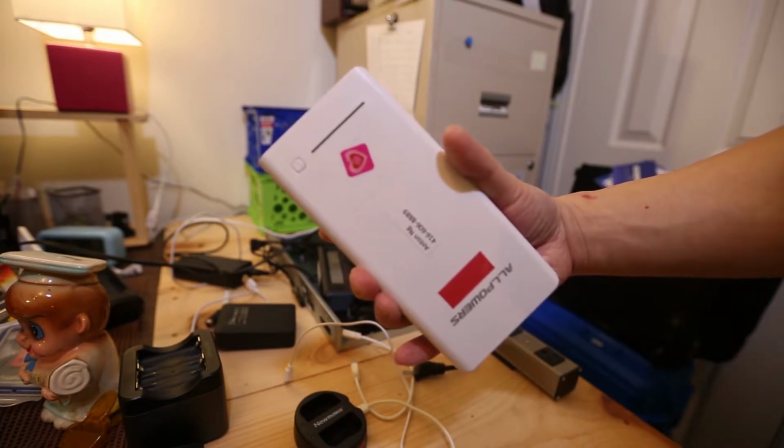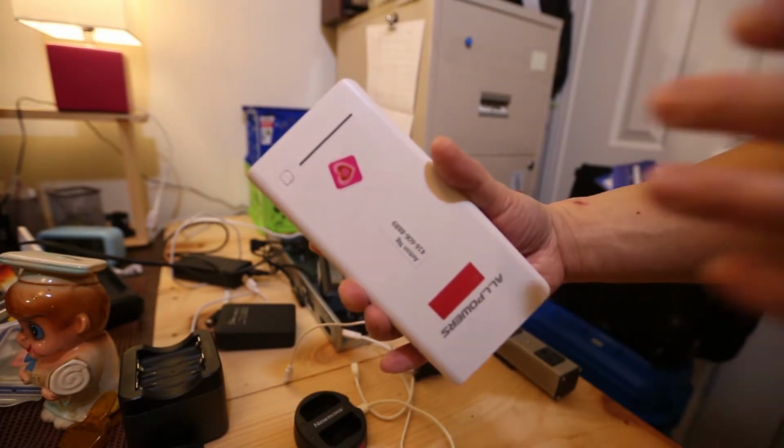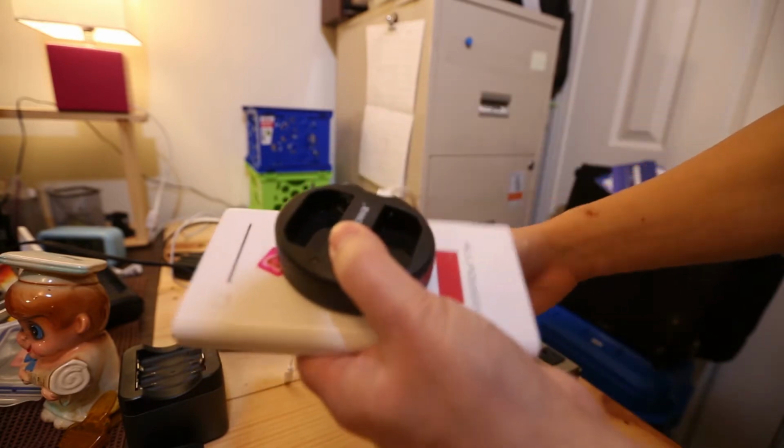It depends on the size. This is over 10,000 amps. So this will run you around $25 and up. But if you have a combination of this,